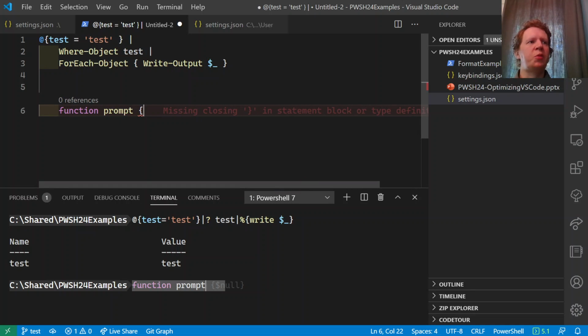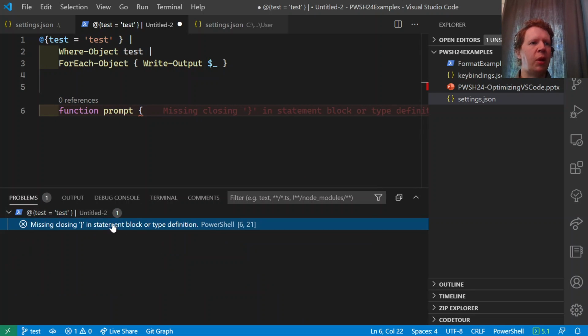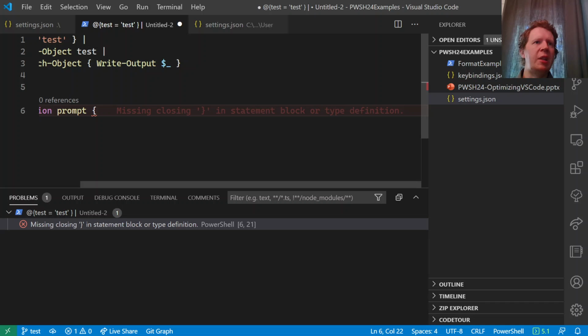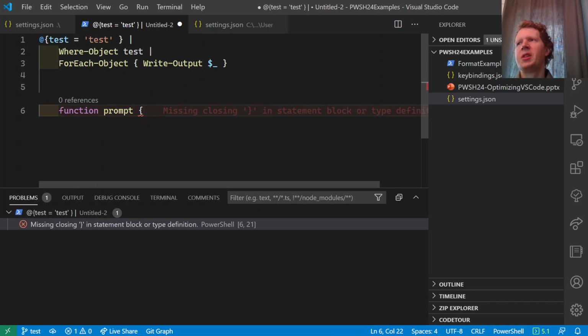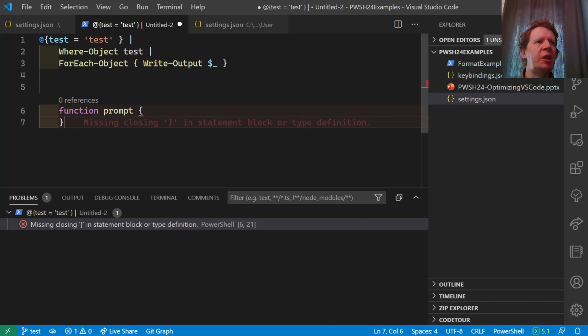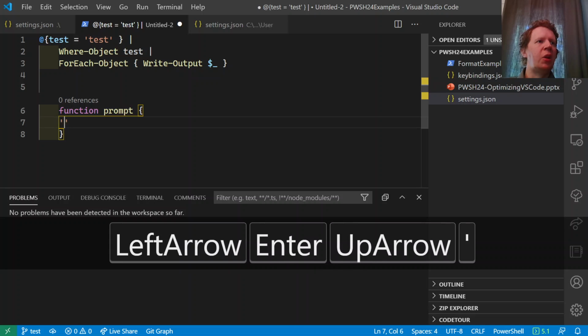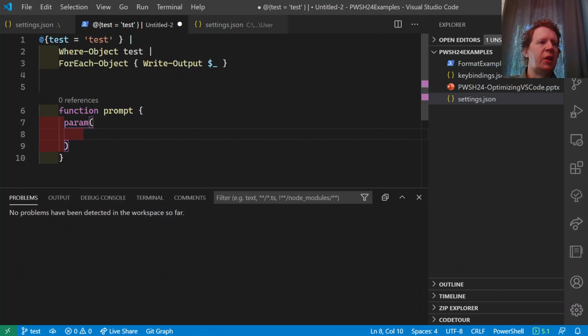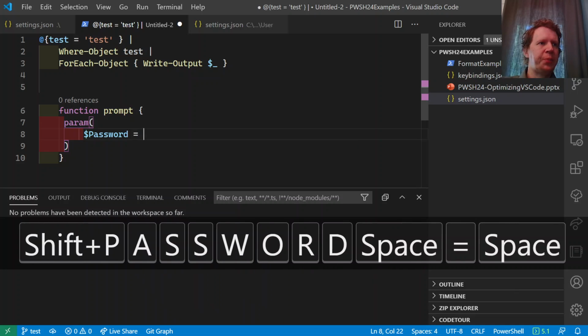So I also mentioned something called Error Lens. Typically when you have problems with your code, you see it down here in this little problems box. I like to have it more immediate. So this Error Lens thing will take these errors and put them right here next to where the problem is. Really helpful when you're developing quickly to find issues. And it also works with suggestions. So if I make a parameter that's named password,